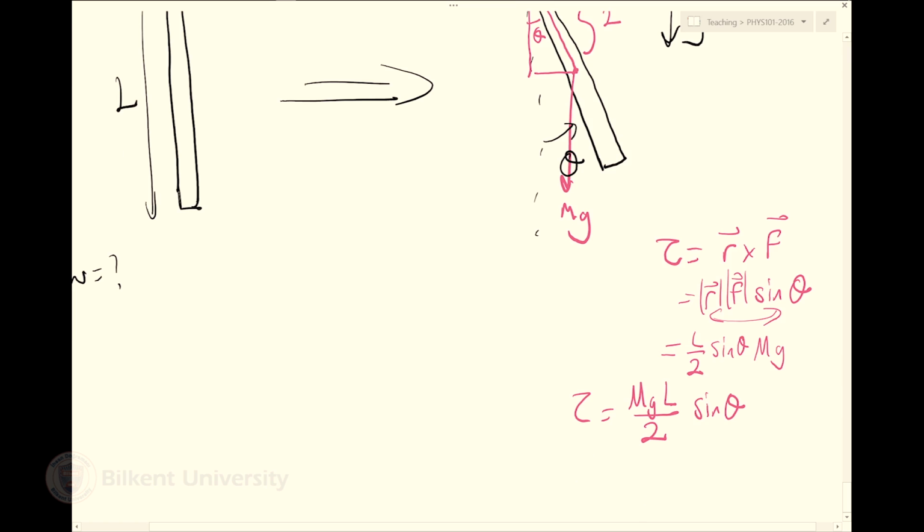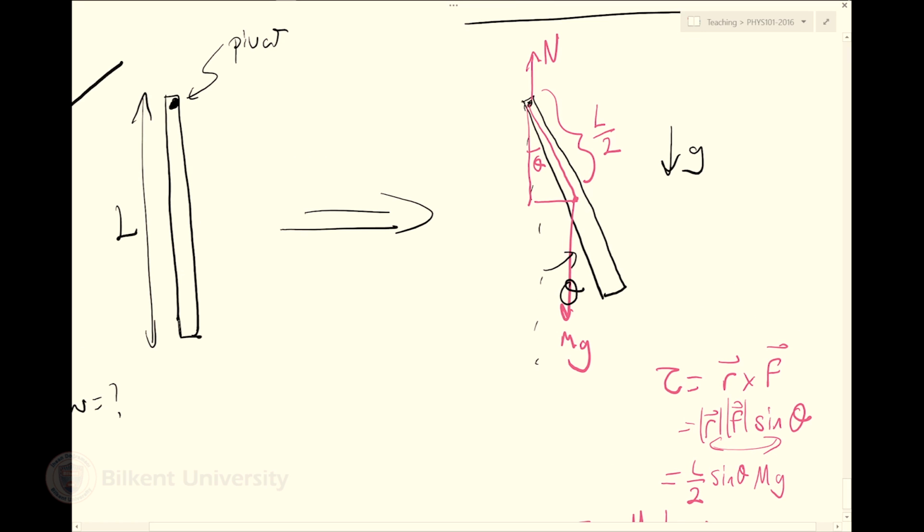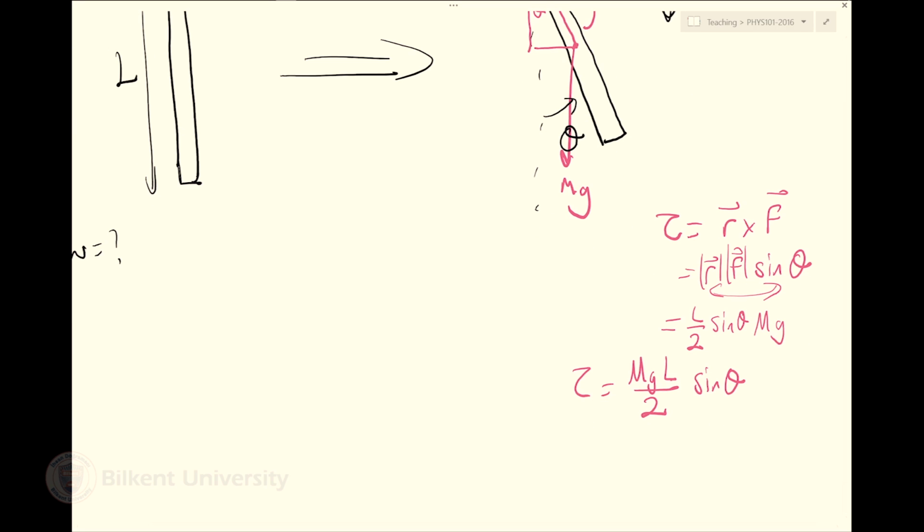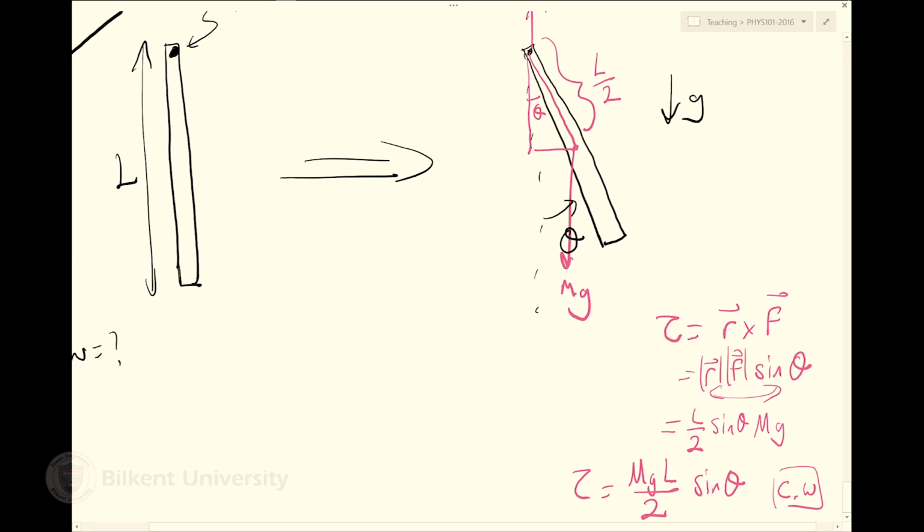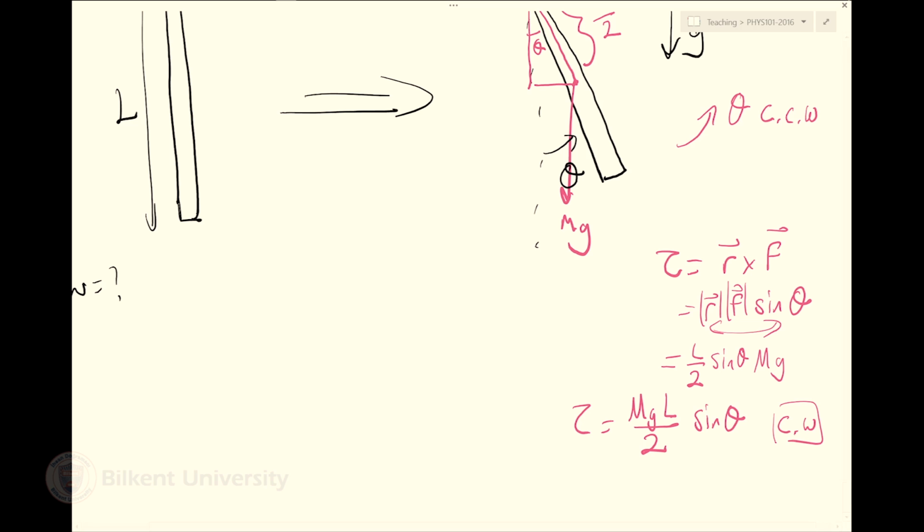Which way is this torque trying to rotate my rod? Is it clockwise or counterclockwise? It's clockwise, right? It's into the screen. So this is clockwise. How about the angle theta? Theta is increasing counterclockwise. So when I write my Newton's equation, which is torque equals I alpha, torque is mgL over 2